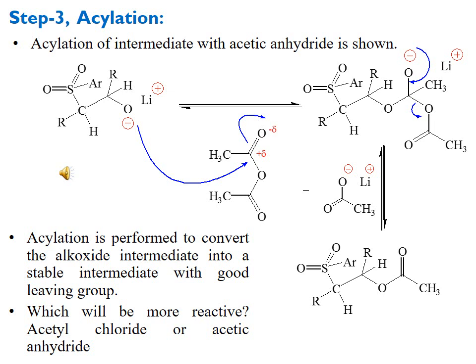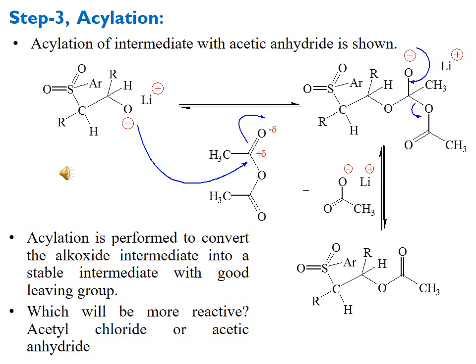This acetate ion is counterbalanced by the lithium cation, and we get the lithium salt of acetate, and an intermediate compound which contains an acetyloxy group at the beta position of the sulfone. Here you can see that this is the sulfone group, then the alpha carbon, and then the beta carbon is attached to the acetyloxy group. Acylation is preferred to convert the alkoxide intermediate into a stable intermediate with a good leaving group, as this acetyloxy group is a good leaving group. When it leaves, it will be converted into acetate ion, which is resonance stabilized and will be easily